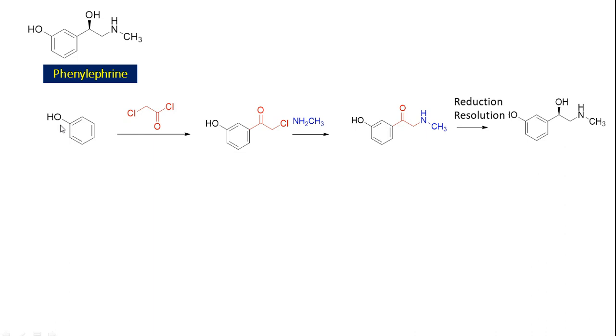First, what we have done, we have taken phenol, we have conducted Friedel-Crafts acylation reaction with chloroacetyl chloride to obtain this product. And the second reaction is the simple thing. Like here, the halogen is to be replaced by methylamine, ultimately reduction to obtain the hydroxy group. So this appears very simple to remember, so students can easily remember this pathway.